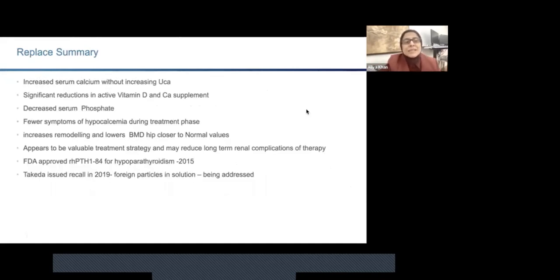So from the REPLACE study, we saw that it was able to reduce active vitamin D and calcium. It decreased phosphate. There were fewer symptoms of hypocalcemia. It was normalizing the bone remodeling and repair, and appears to be a valuable